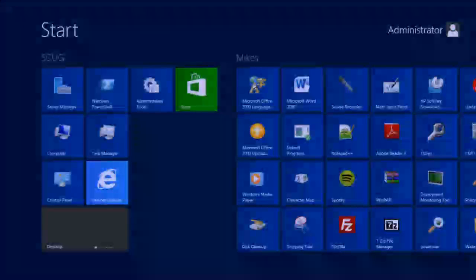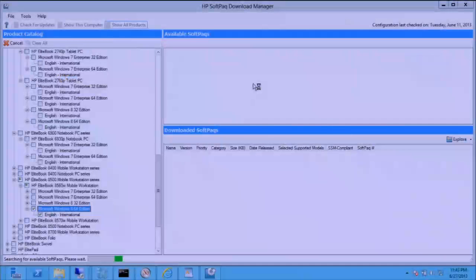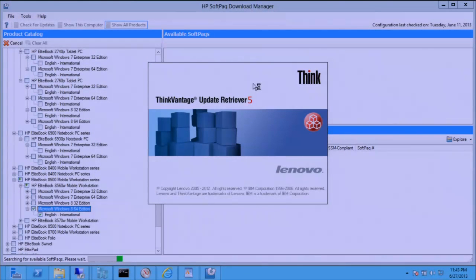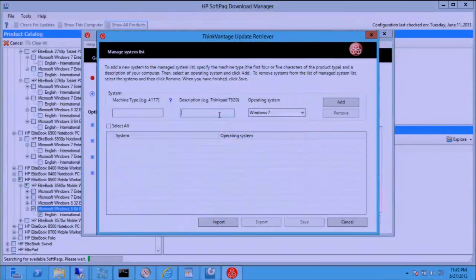Let that run in the background to update itself. For Lenovo's, you will use the update retriever. You need to use version 5 to be supported on Windows 8. And when you add stuff to the Lenovo update retriever, you would think that you would be able to actually